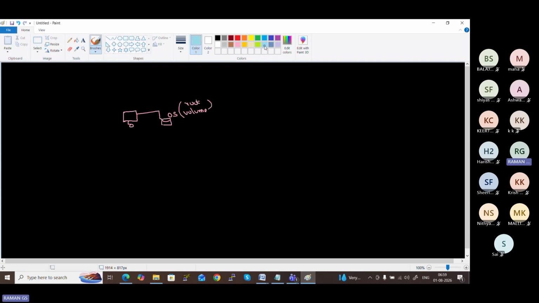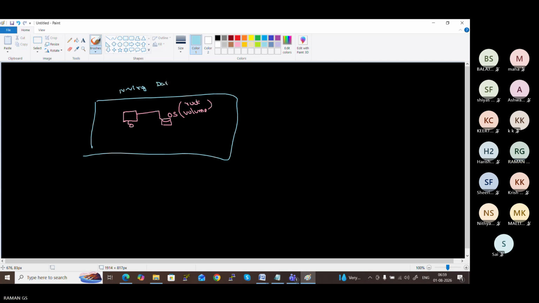Here, assume that we have launched this instance in the North Virginia data center, on availability zone 1. This EBS hard disk, the operating system root volume, will also be on availability zone 1.